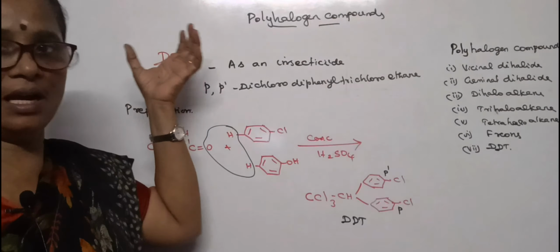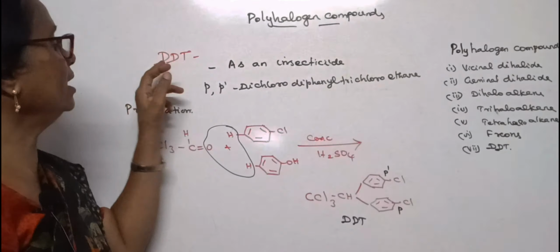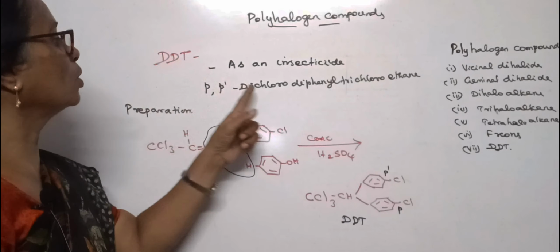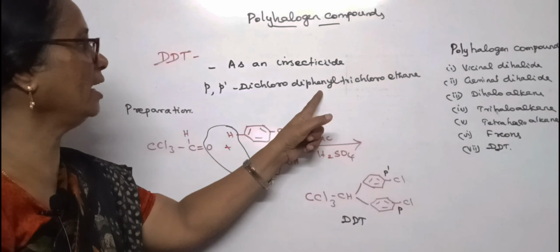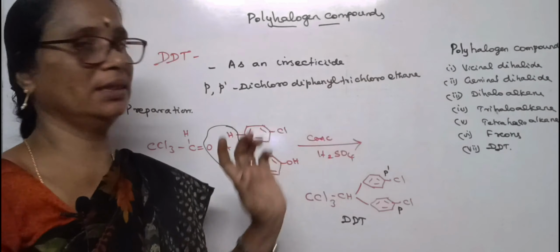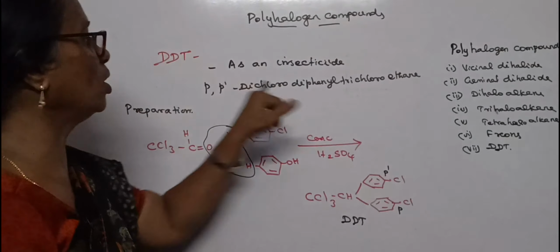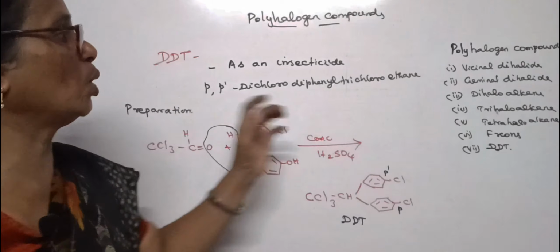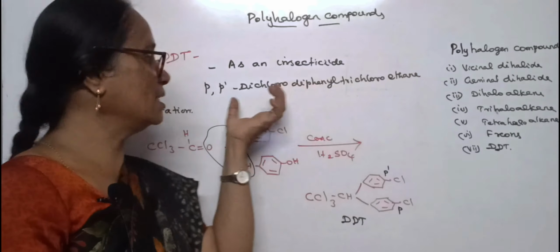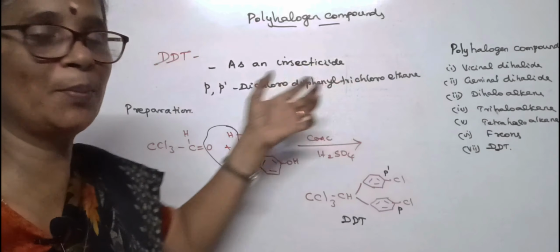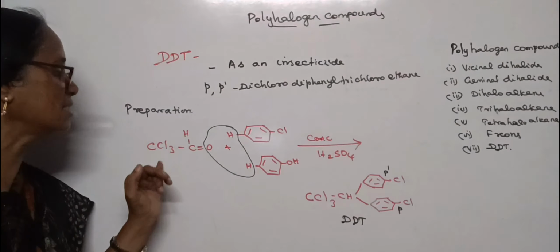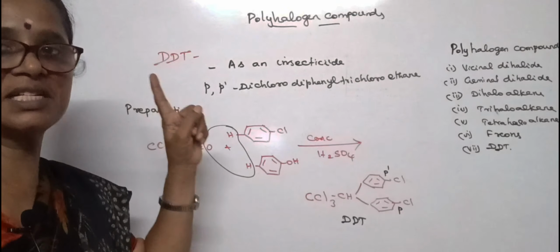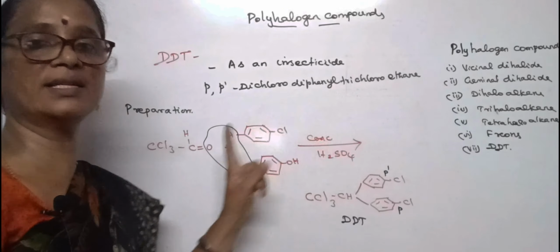DDT is the commercial name, but actually it explains the name para-dichloro diphenyl trichloroethane. D for dichloro, this D for diphenyl, and the T for trichloroethane. So this is what DDT is. Actually, it is prepared from chloral. Chloral is CCl3CHO. This can be obtained from the oxidation of alcohol with a mild oxidizing agent followed by treatment